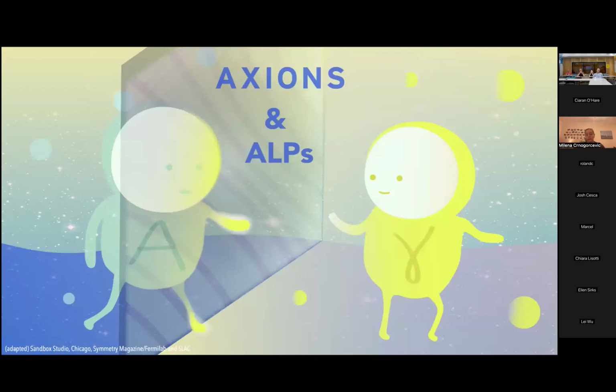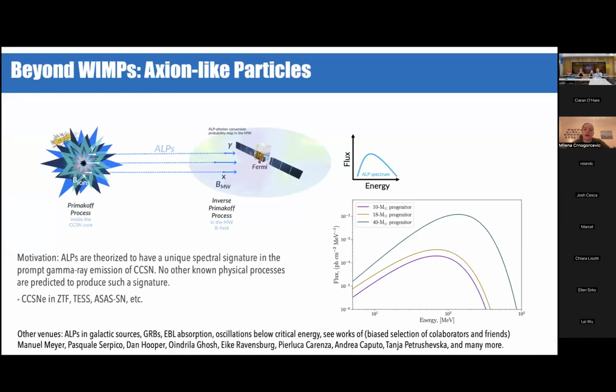I want to very briefly talk about axions and ALPs. I am sure you are all very well aware of the axion and ALP searches with the Fermi-LAT, but I do want to mention a few maybe biased, interesting things that you can do with Fermi-LAT and axion-like particles. In particular, that is the use of the Fermi-LAT's temporal resolution and searches for axion-like particles in the transient